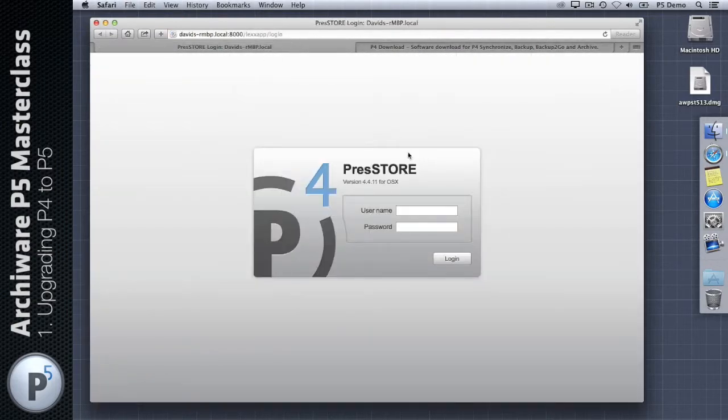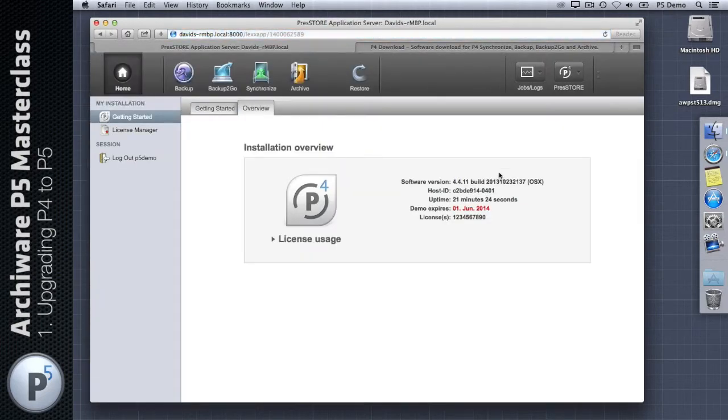So in the other tab here you can see I'm running 4.4.11, which isn't quite bang up to date, but that should be fine for this upgrade because it is 4.4. So I'm going to log in as P5 demo, which is my admin user, and initially what I'll do is